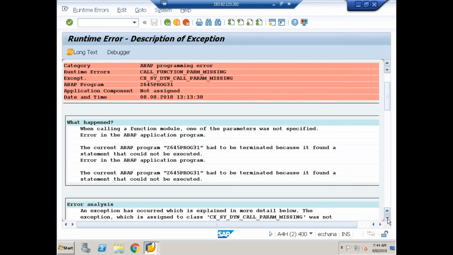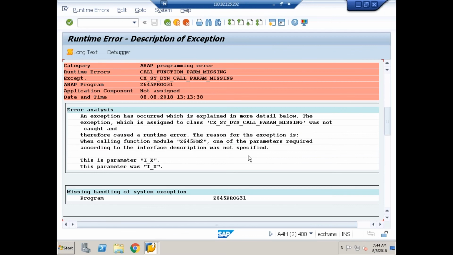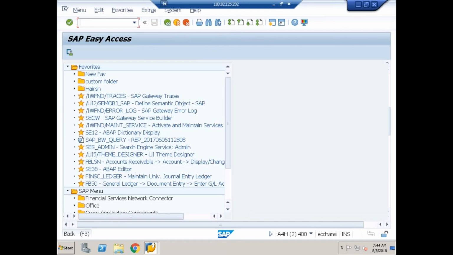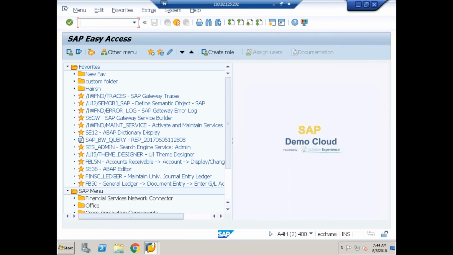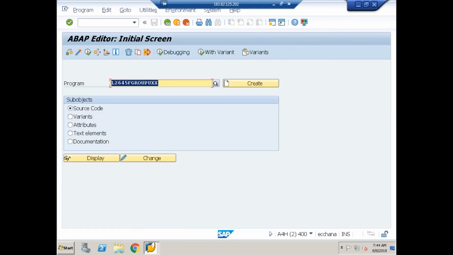See the error analysis. When calling the function module FM2, one of the parameters required according to the interface description was not specified. This is parameter what? I_x. So it's saying that you are not supplying the value for I_x. That's why it has given the runtime error, because it is mandatory. If you had selected it as optional, yes,